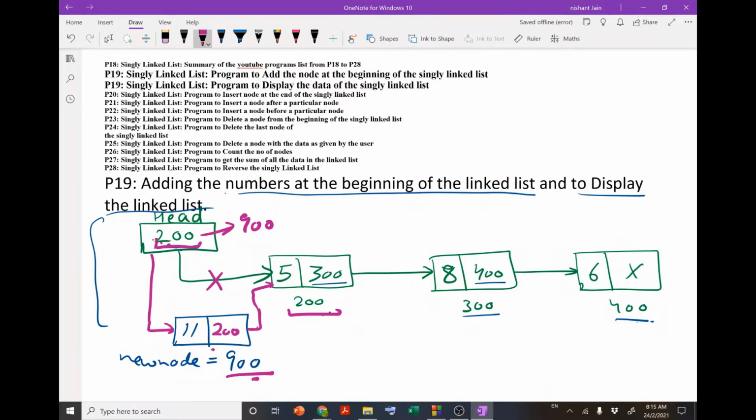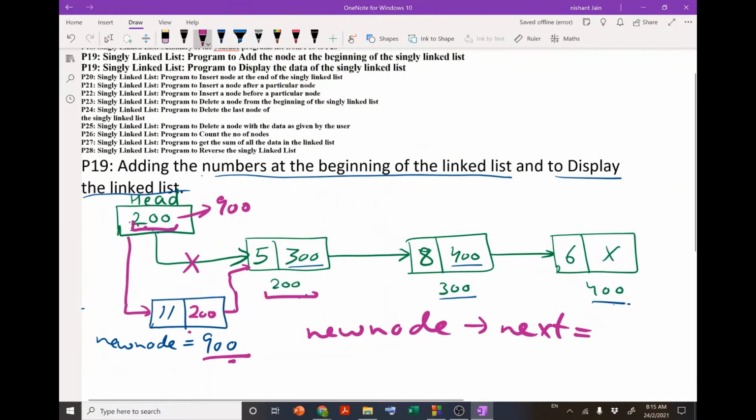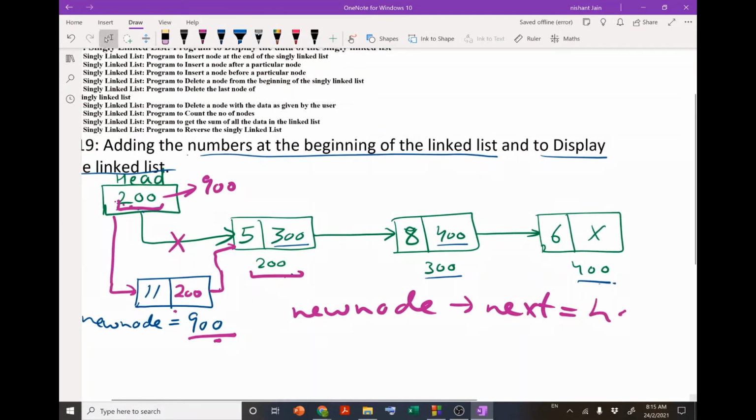Simply, if we write over here new node next equals to start equals to head, then since the value of head is 200, by execution of this particular line, 200 will be placed over here, right?